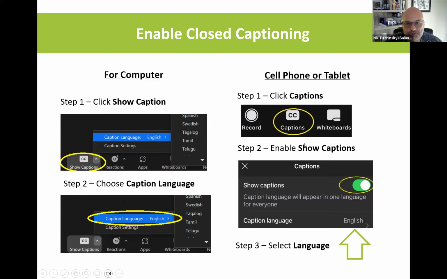If you have a tablet or cell phone, click on the CC where it says captions, then click on the button that says Show Captions again, and select your language. If you want to take a quick screenshot of this before we move on to the next slide, please do. Here are the instructions for computer, cell phone, and tablet.